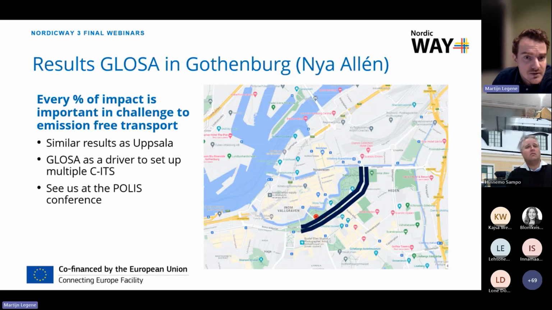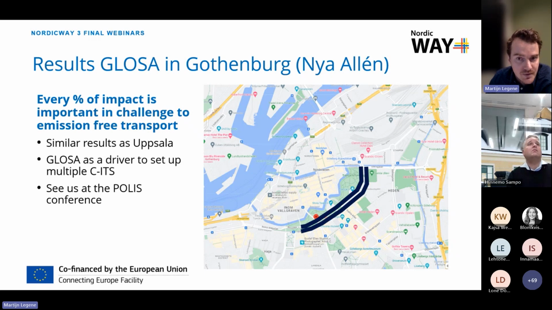And we did not only include this in Uppsala. Tomorrow, there is the Polis conference in Leuven in Belgium. And there we will present the results of GLOSA in Göteborg. And yeah, there's similar results as in Uppsala, but that doesn't mean we should neglect them. Every percentage of impact is important in a challenge to emission-free transportation. And GLOSA could be used as a driver to set up multiple CITS in the future. And if you want to know more about that, you can also see us at the Polis conference for who